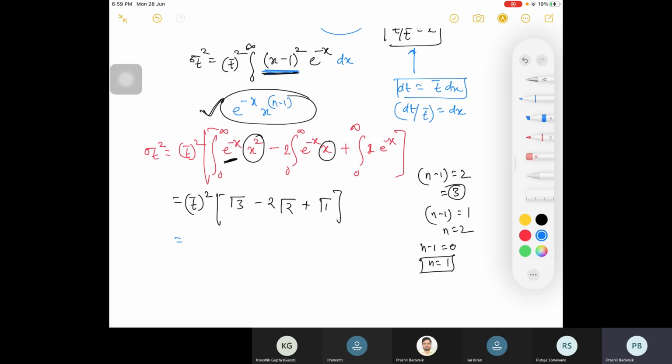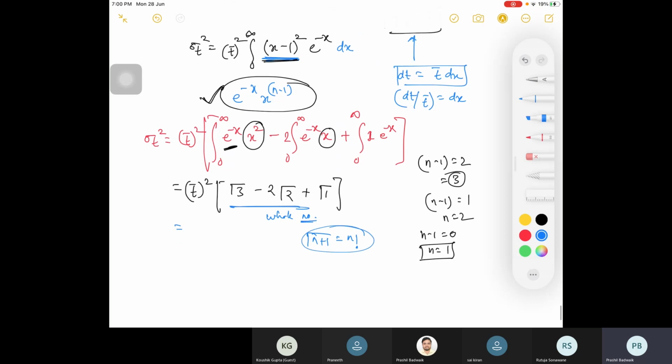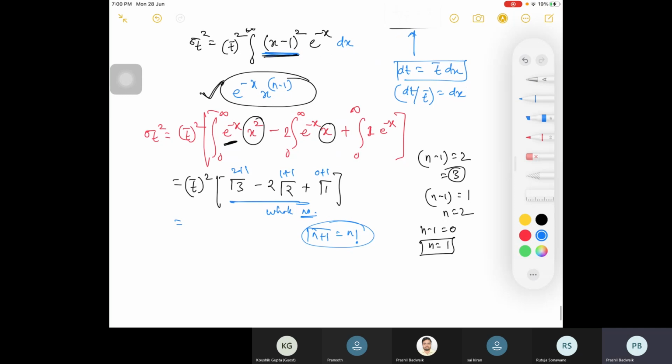Now, what is your gamma 3? See here, all these numbers are whole numbers. So you know for a whole number, gamma n plus 1 is equal to n factorial, right? Please break down: this is your 2 plus 1, this is 1 plus 1, and this is 0 plus 1. So you'll be having t mean square into 2 factorial minus 2 into 1 factorial,